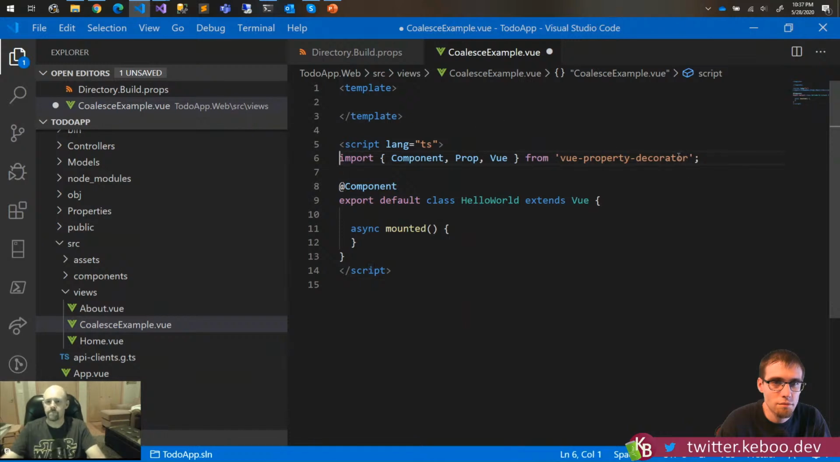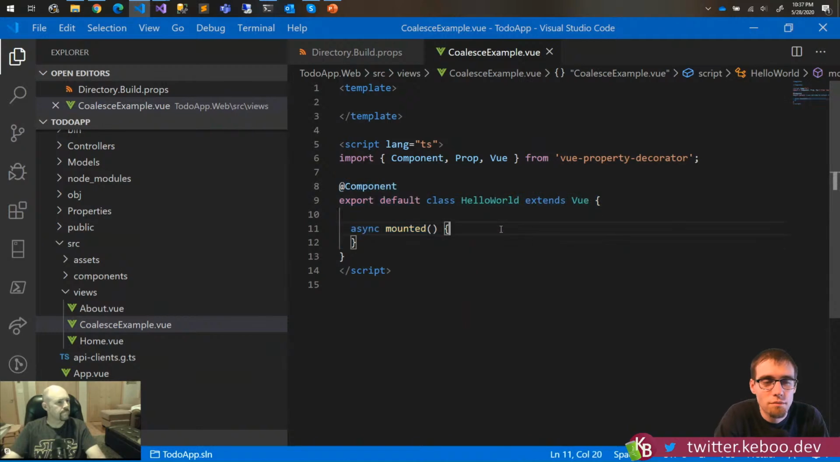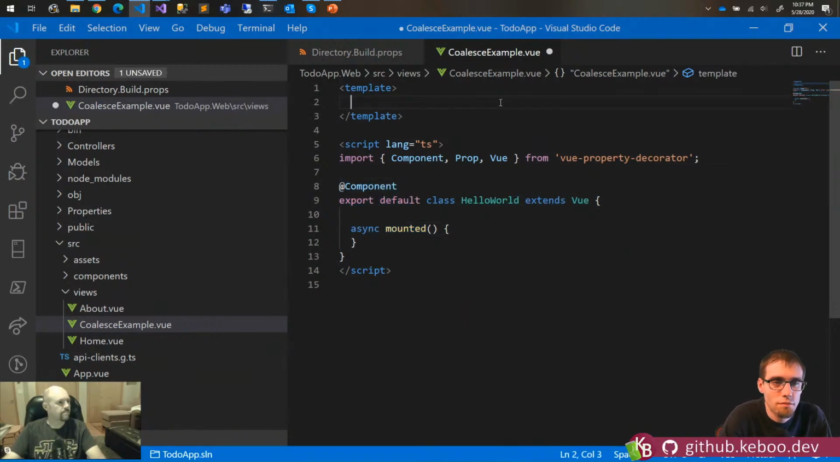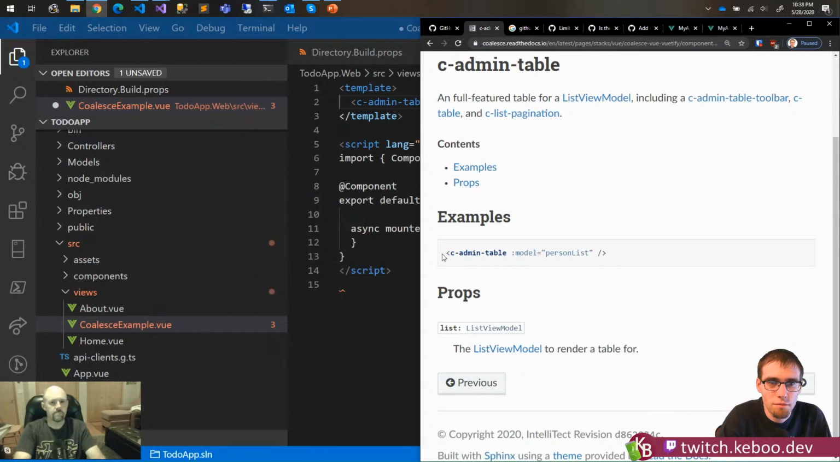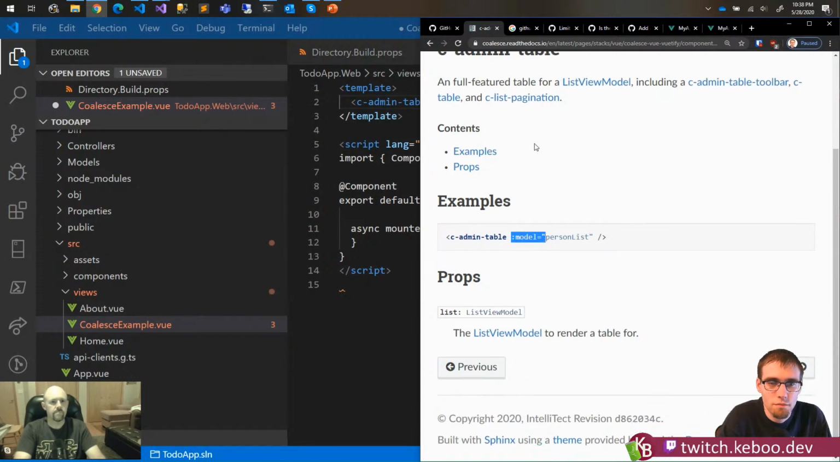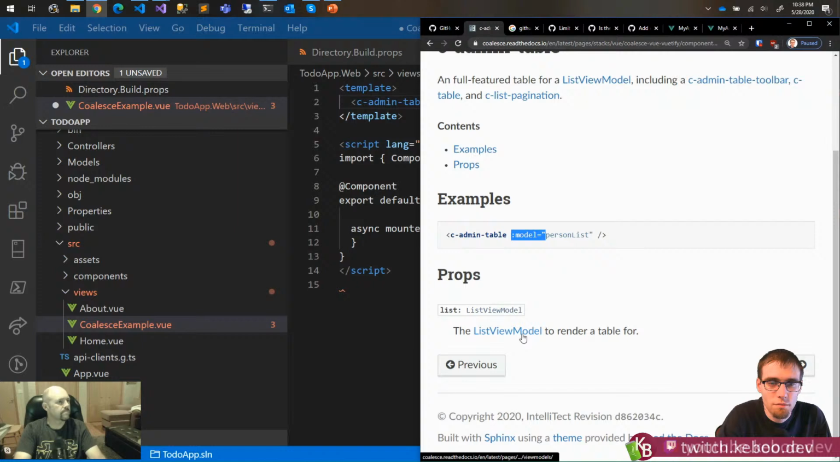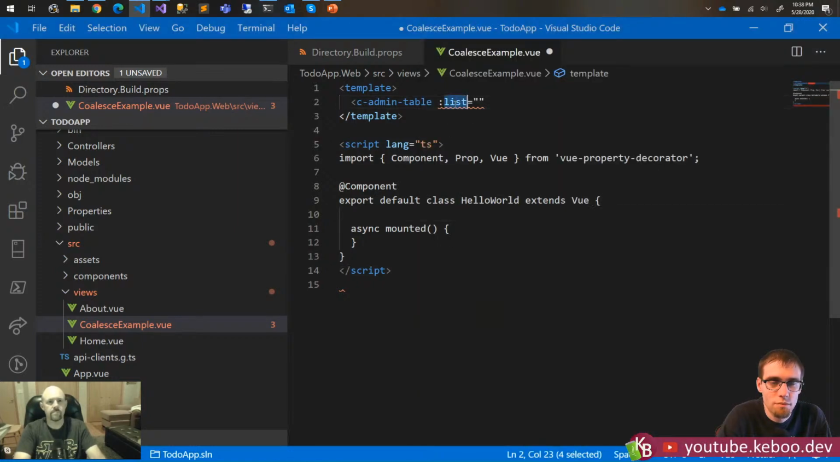So all that we're going to keep here is our class. This defines all of the scripts for our component. What we're going to do is add a cAdmin table. Let me reference the documentation because I don't normally use these standalone. So cAdmin table takes a property called model, which is expected to be a list view model. So we will say model is a